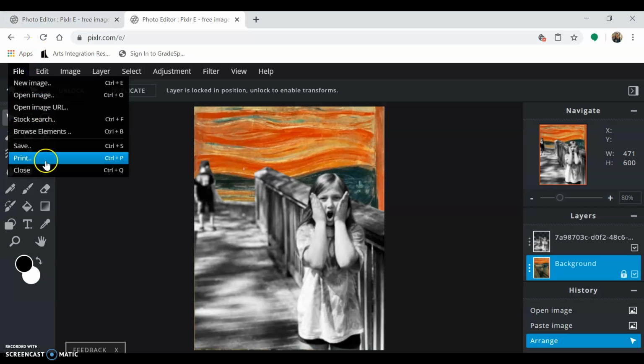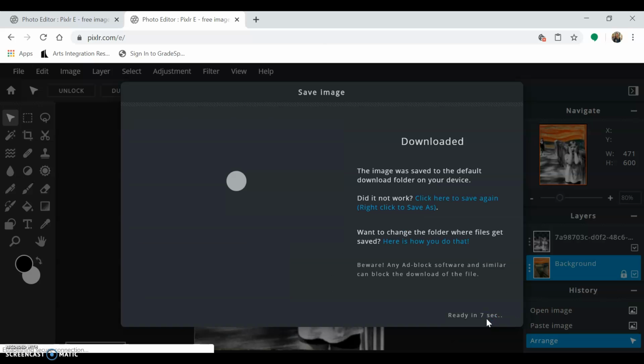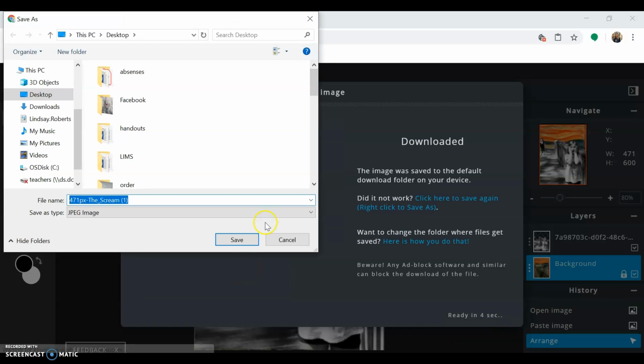You can file and save. And then you can send it to my email,